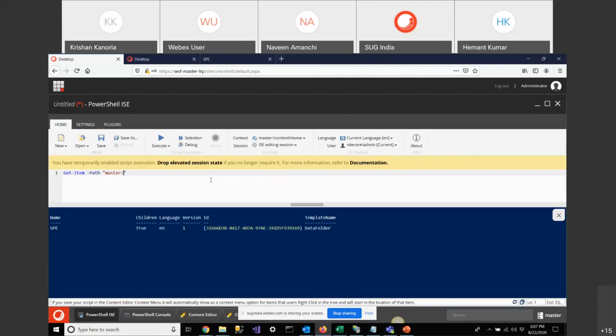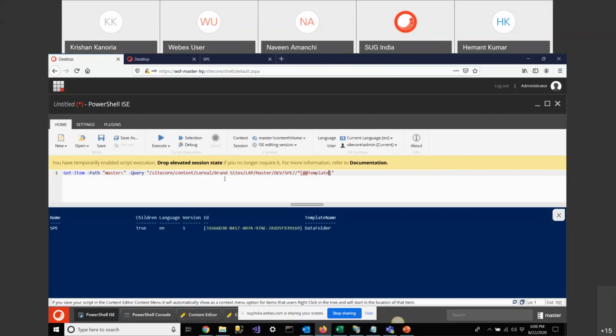Like suppose if I'll provide some kind of a query here. So as Krishan is saying, like Get-Item here also, if you go to help and see, we can also see a property for including the standard fields. So if that property is true, then all the standard fields as well as the custom fields will show in the results.